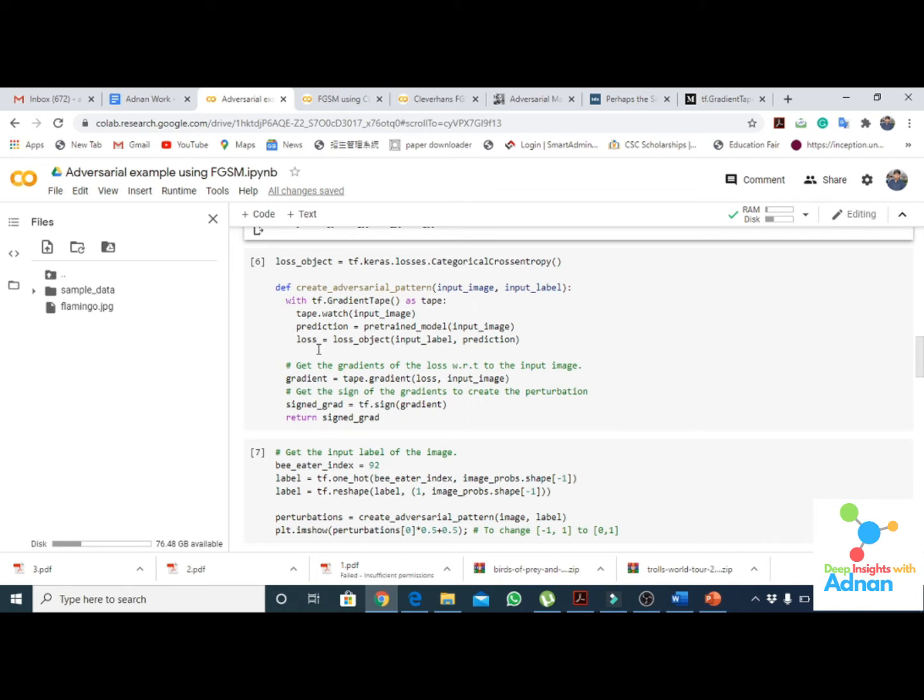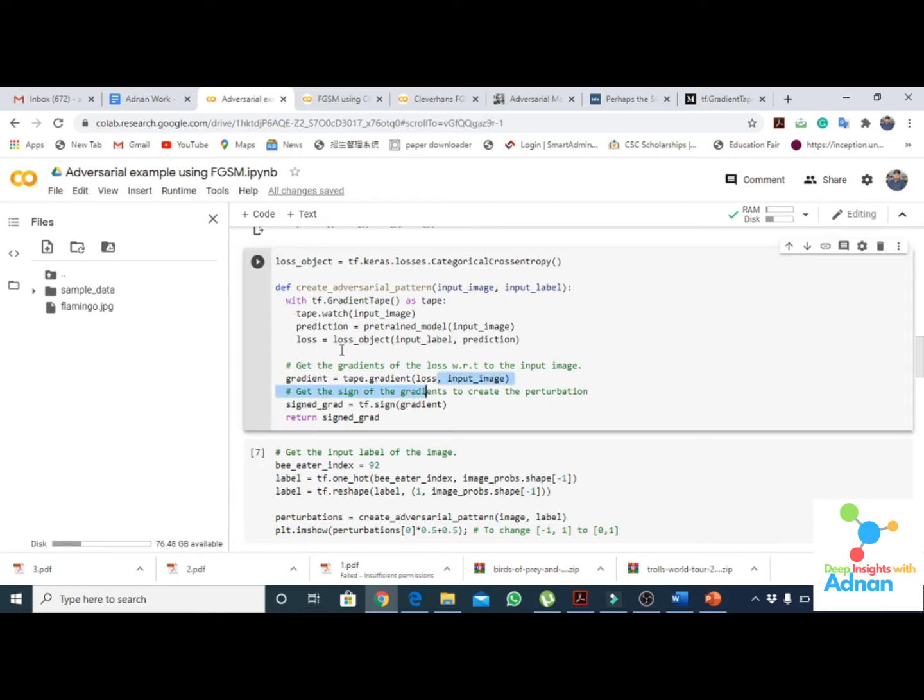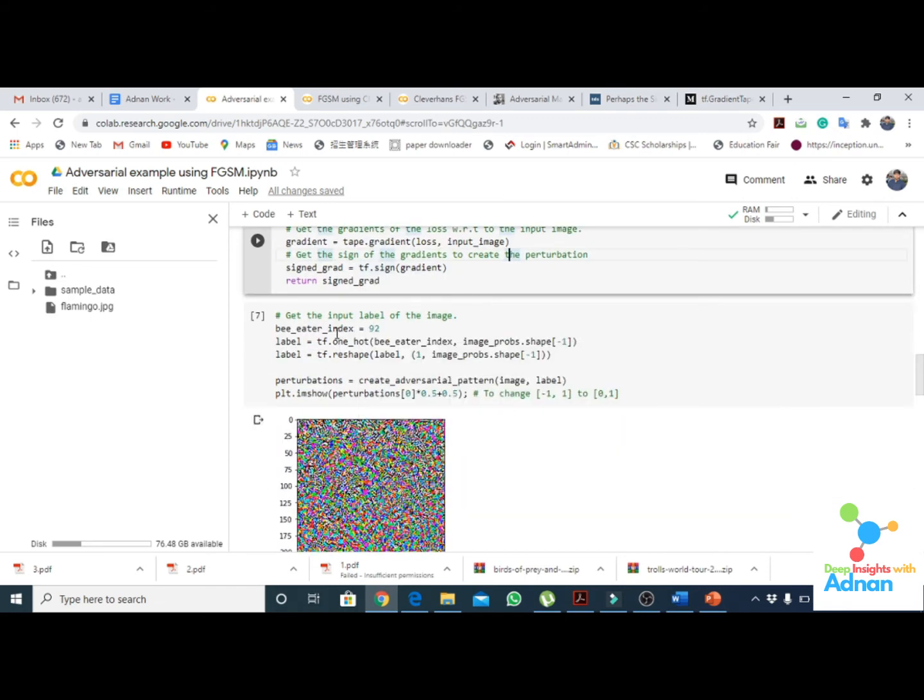After the prediction we create the loss from the input label and prediction, and then again we use GradientTape with the loss we have just created and the input image, and here we get the sign of the gradient so that we can move the image in the direction of the gradient. Here is the index, from the ImageNet classes.